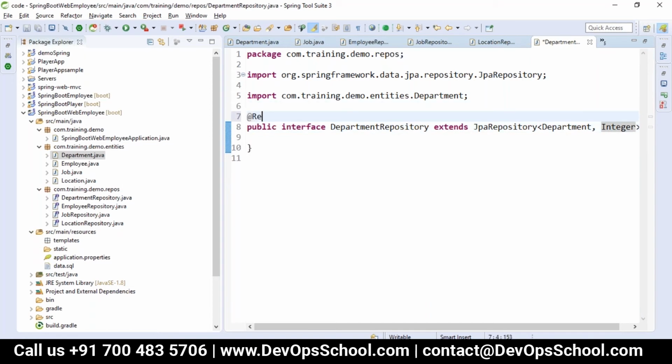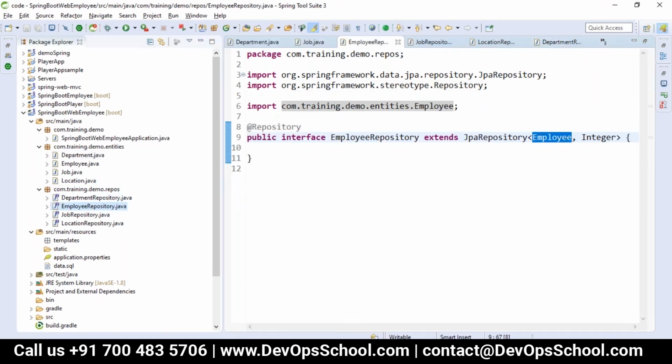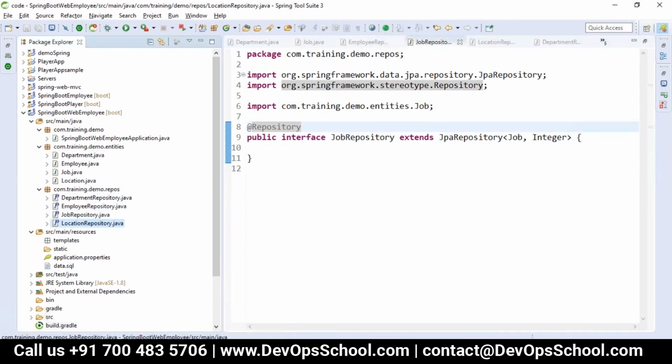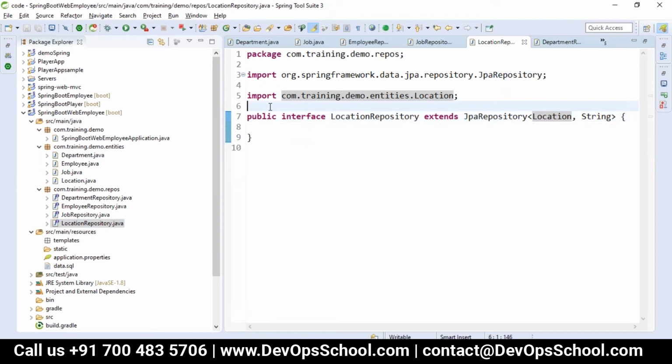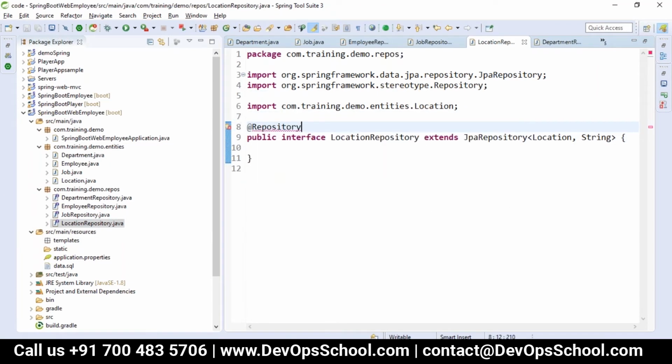So that is all our DAO layer code, or the repository layer code, which we have taken. Now, how will you work with the service? You already know it's normal Java code where you keep all your conditions or business logic. Now we want to make this a web application. I'm not taking a view, we don't want a view. We want to send our data in JSON format.